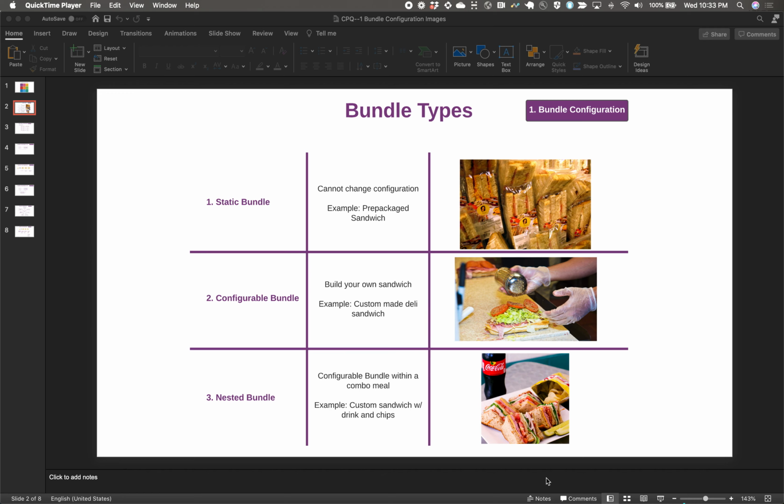So we were talking about bundle types, static bundles versus configurable bundles. And that's an example of how we can derive how the CPQ UI works based on data in the CPQ data model. So if we go to our wine gift box example,